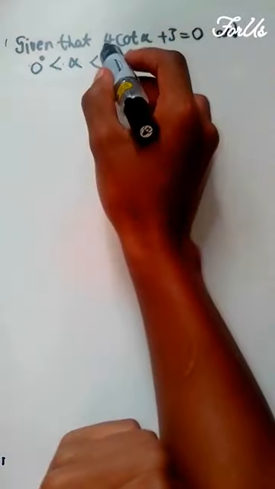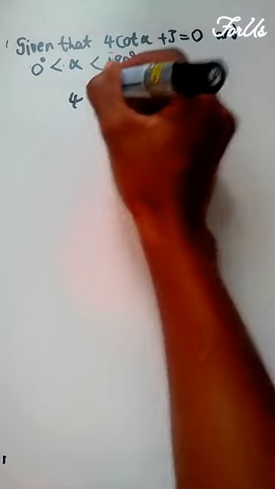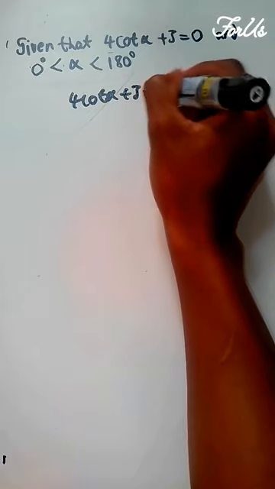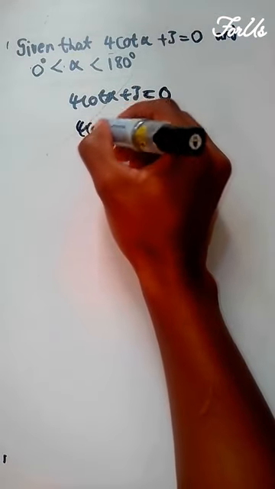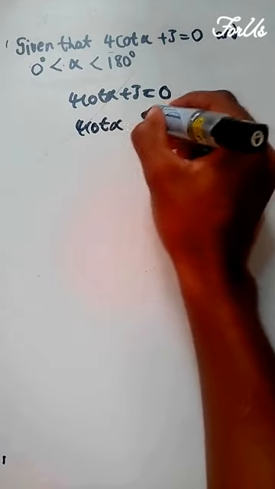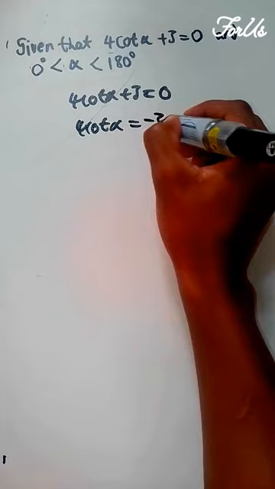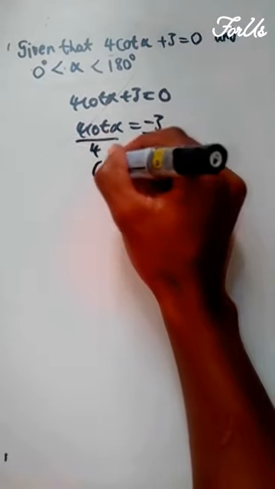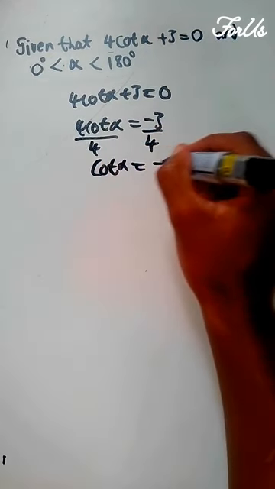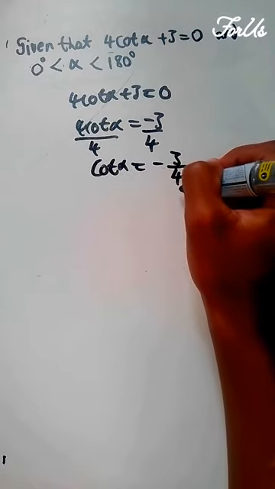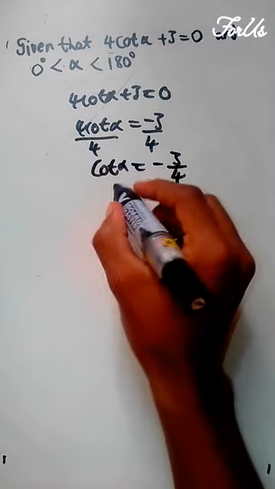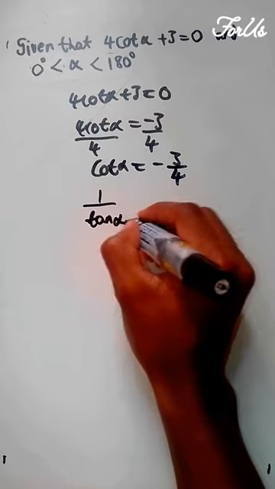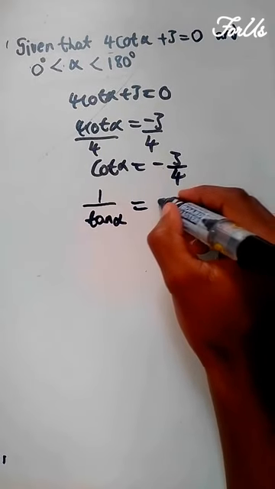First, let's simplify this. It's going to be 4 cot theta plus 3 is equal to 0. Then 4 cot theta is equal to negative 3. Next, we divide both sides by 4. Then cot theta is equal to negative 3 divided by 4. And again, cot is 1 divided by tan, so 1 divided by tan theta is the same thing as negative 3